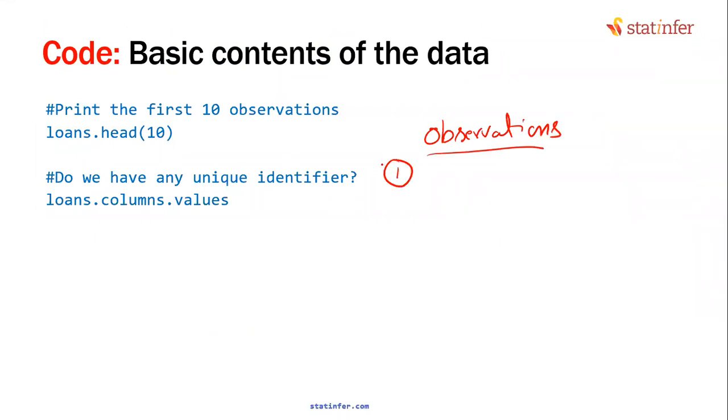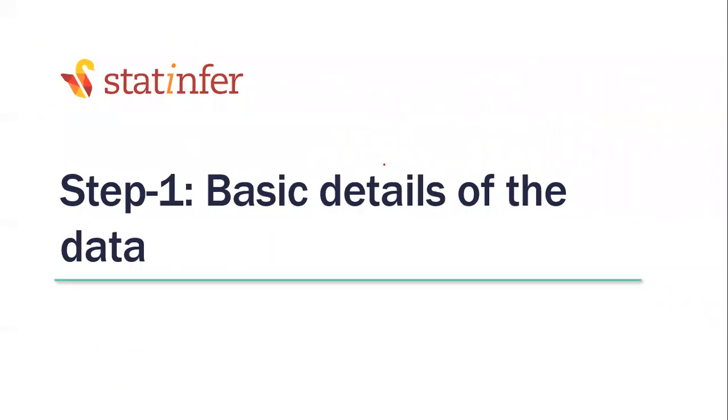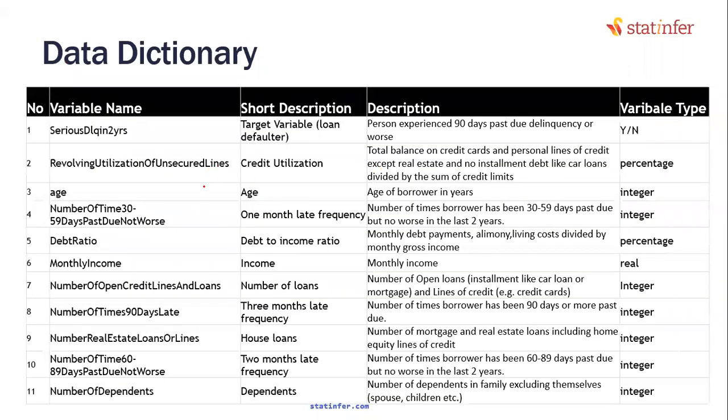Let me put the data dictionary for you so that you can refer to it. Refer to this and tell me, compared to this, do you think this is numeric? All these are numeric. They are also read as numeric in your case. This is yes or no kind of categorical. Was it also read correctly? Is everything fine or not? What are some of your observations? Can you tell me that?